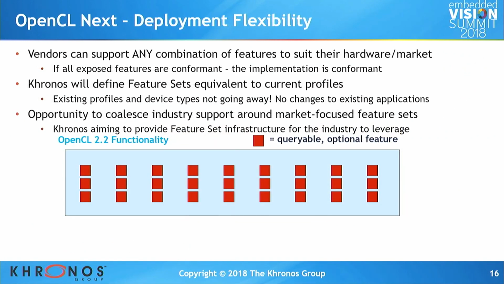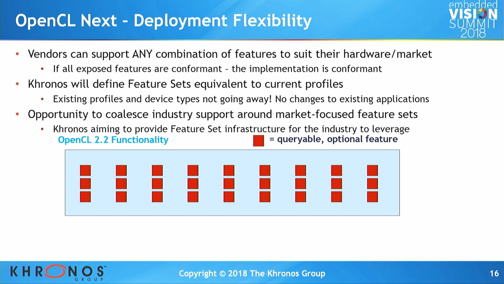OpenCL next, we're working quite hard on what the roadmap is. We want to increase OpenCL's deployability in the embedded space. Historically, OpenCL 1.0 was designed for desktop machines and HPC. 32-bit floating point was the minimum. But there's lots of functionality in OpenCL, and certain vertical markets, like inferencing, don't need all of that precision and all that functionality.